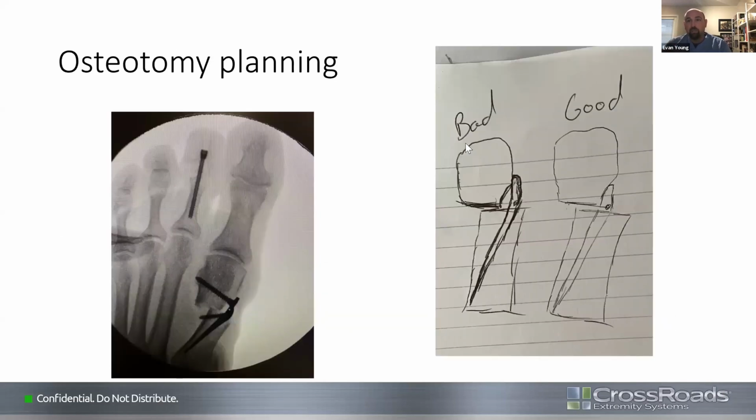So, a little more on the osteotomy planning. You want to make this osteotomy proximal enough that if you don't need a lot of frontal plane translation, that medial eminence is not going to be in your way. You can see on this picture on the left, there's a little space between the first metatarsal head and the plate that I don't want to see. If I see that when I'm doing the procedure,